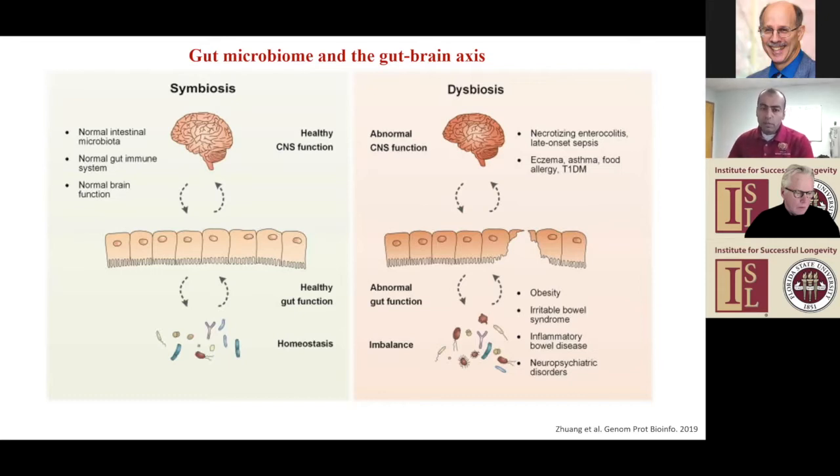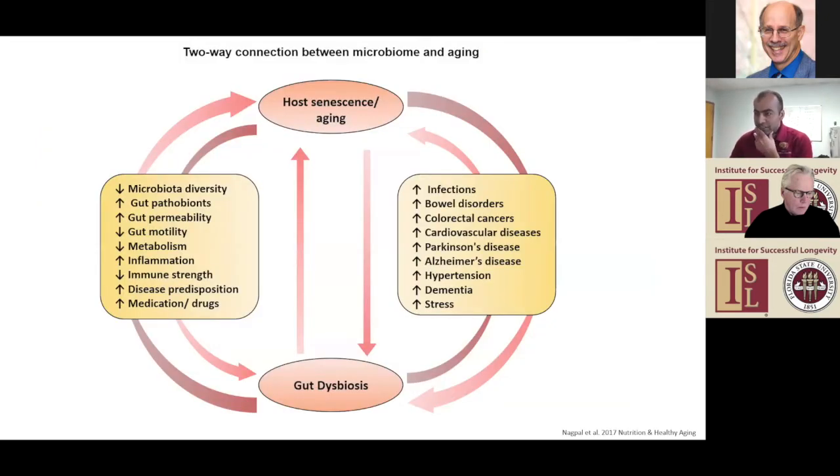central nervous system health. But studies are clearly showing now that if there is a dysbiosis in the gut because of diet, because of lifestyle, because of drugs or any other factor, this may lead to disintegrity of the intestinal epithelial cell wall, which may lead to abnormal leakage of some inflammatory molecules, toxins, etc., or live viable bacteria, thereby inciting neuroinflammation and other problems in the brain, and thereby leading to an impaired neuropsychiatric health. So clearly, all these studies have shown that there is a two-way connection between aging and gut biome.